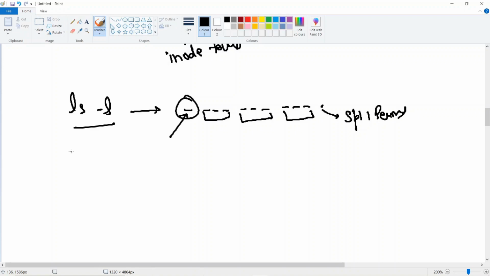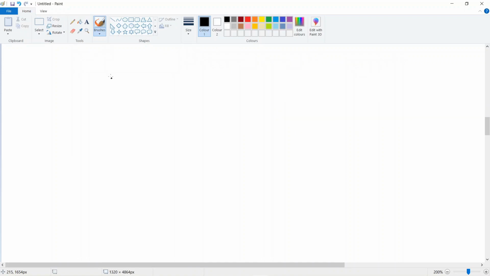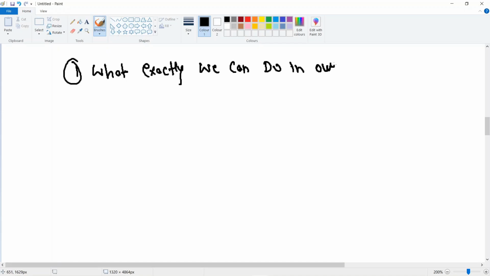So exactly what I mean is, my first question is: what exactly can we do in our operating system? The answer is that we can run applications, install applications, uninstall applications, run multiple program files, run scripts, multiple things. But exactly, we can say the user has control